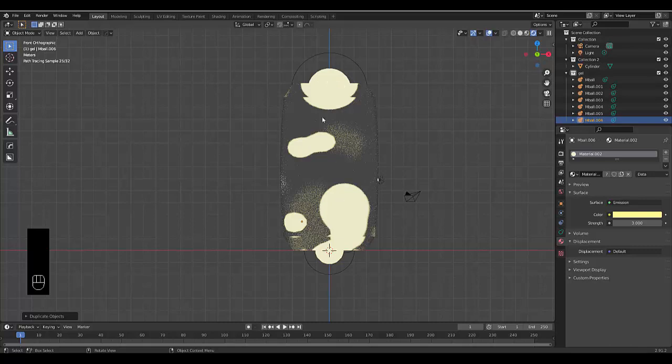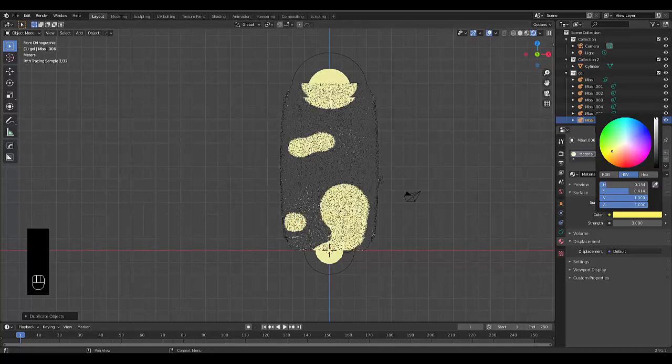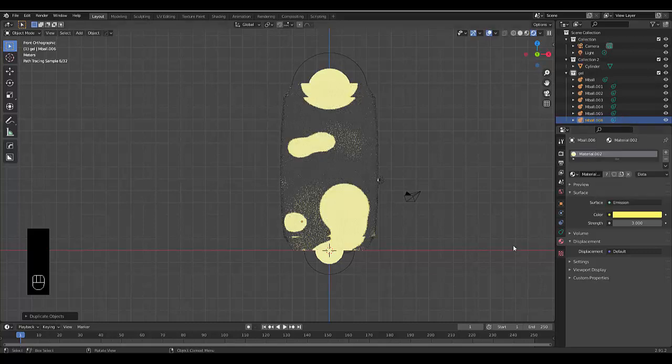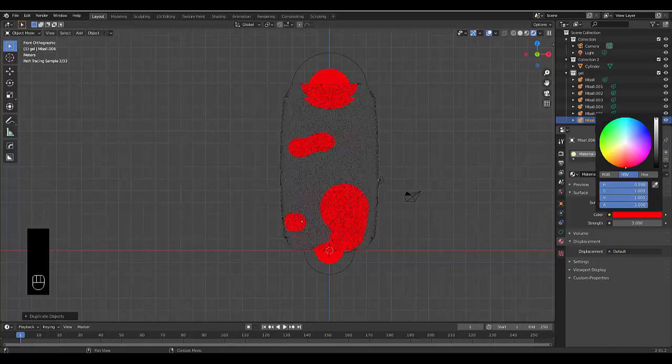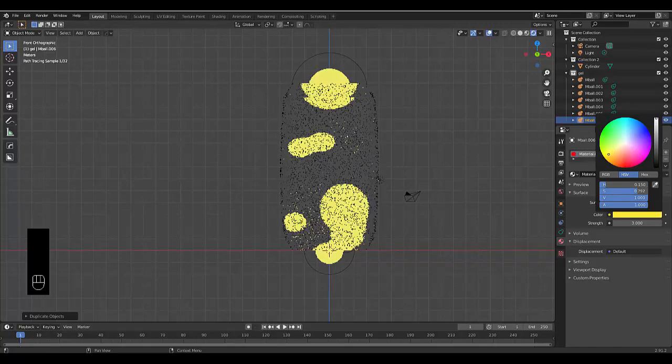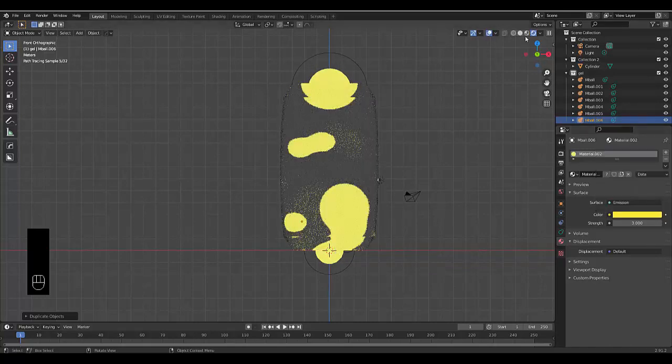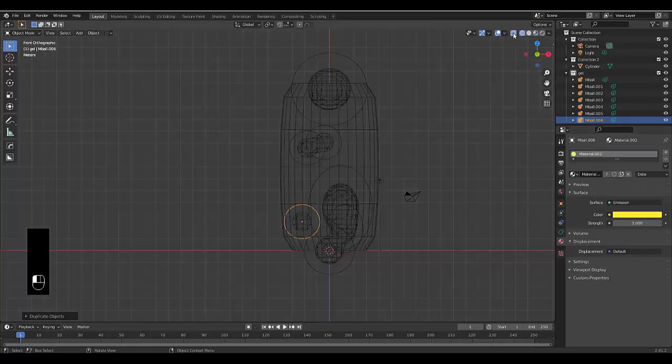But one thing we probably want to do is just play around with this color quickly. Yeah, that's a little bit better. But you can choose, if you want to make it red, you can make it red, but we're going to choose yellow. We're quite happy with that. Now that we've got the color that we like, which is a much richer yellow,